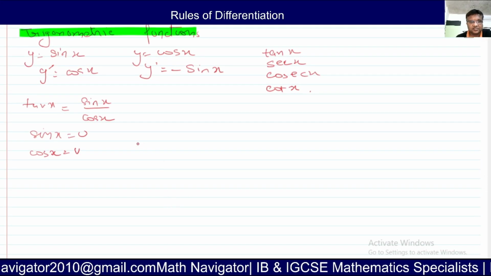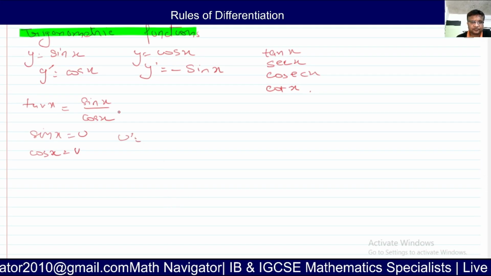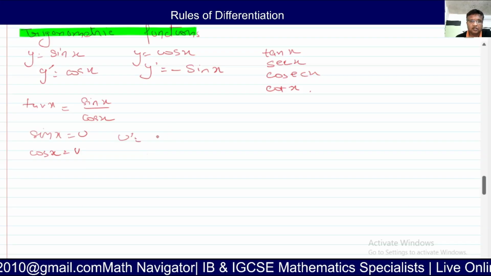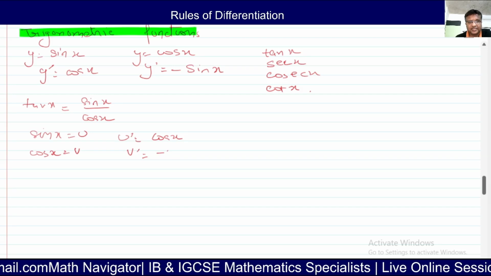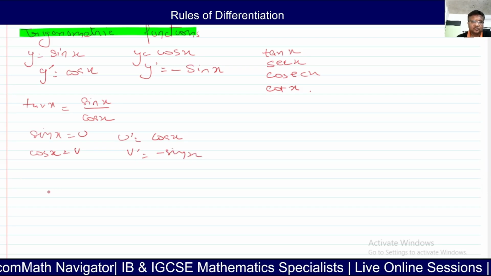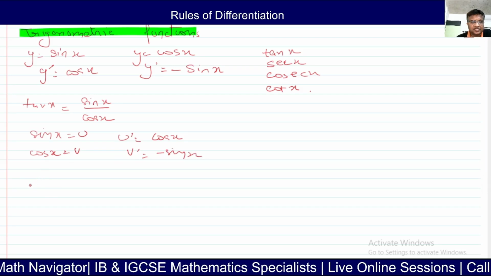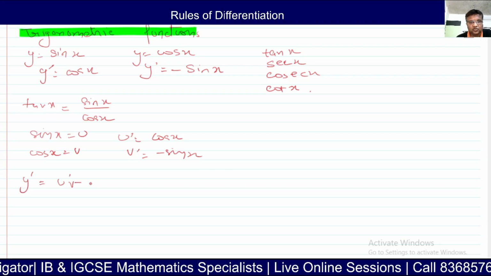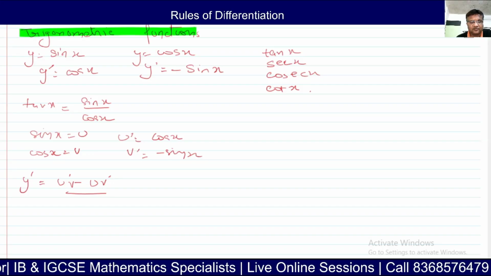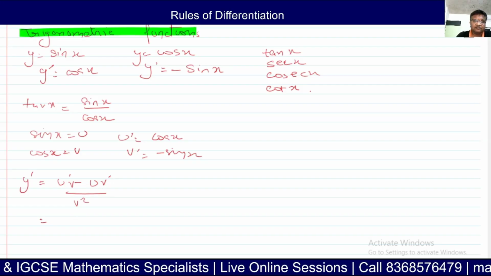The derivative of u is equal to cos x, and the derivative of v is equal to minus sin x. You have u derivative v minus u v derivative over v squared, which will give me